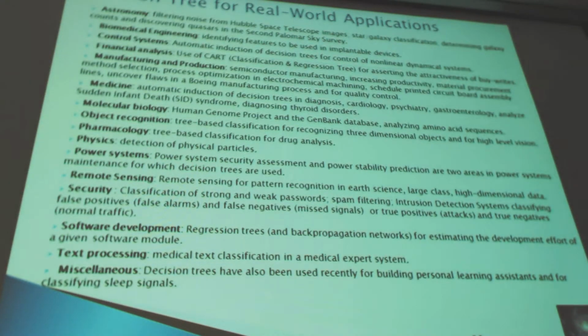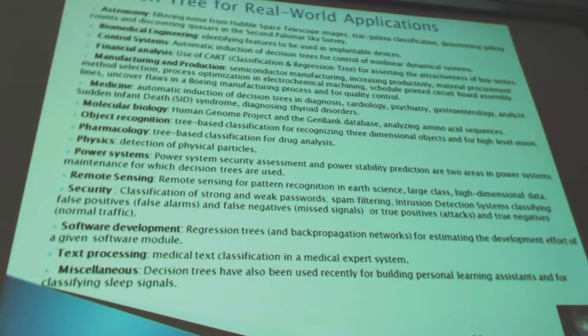Also, the automatic induction of decision trees is used to build robust control systems. In financial analysis, decision trees can be used to predict attractive buy rights in stock trading. In manufacturing and production, it's used in semiconductor manufacturing for on-demand material procurement, for statistical quality control.